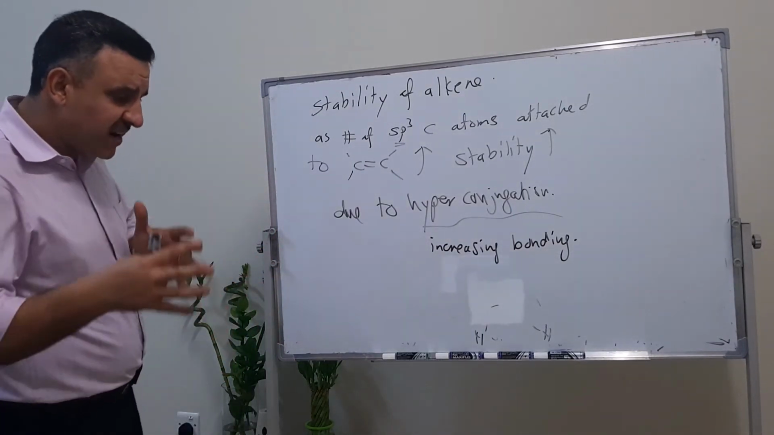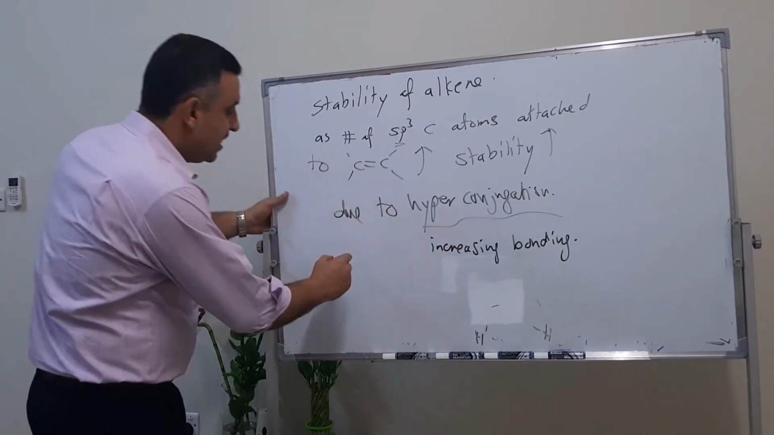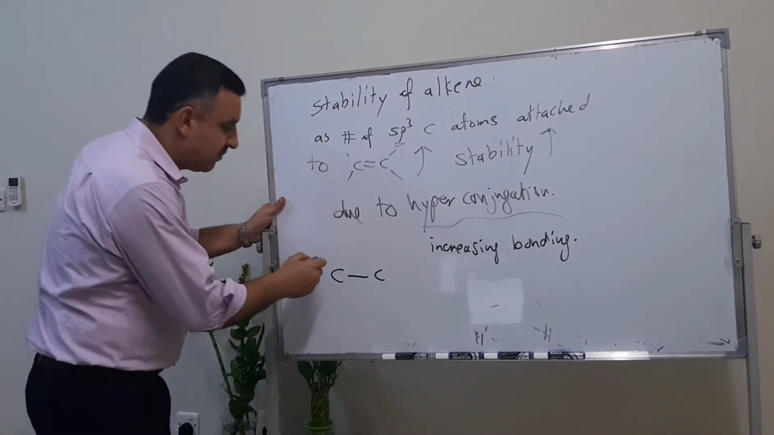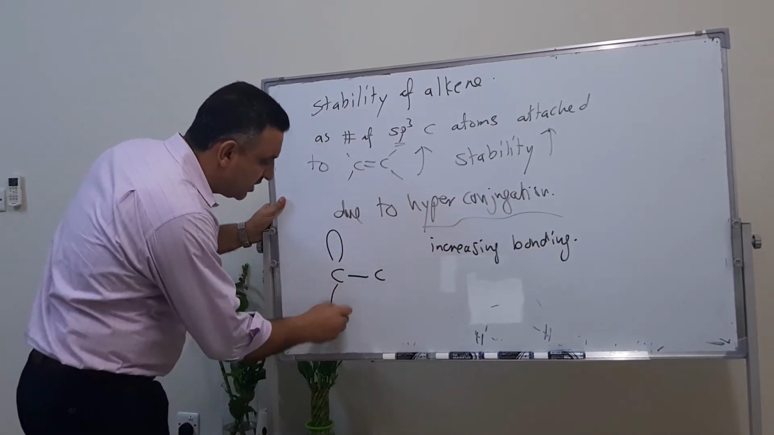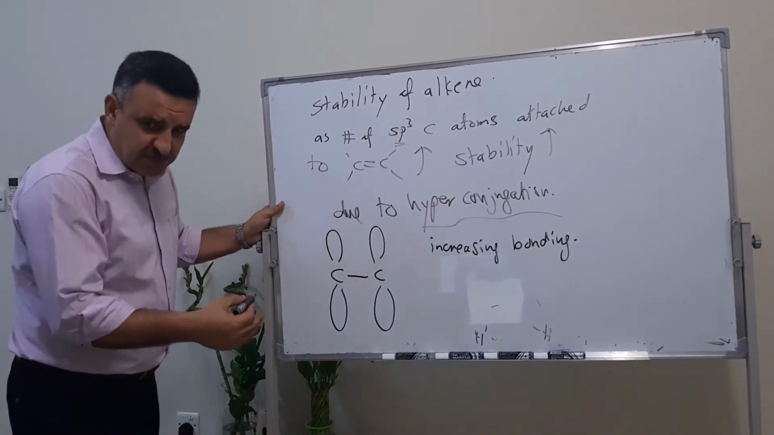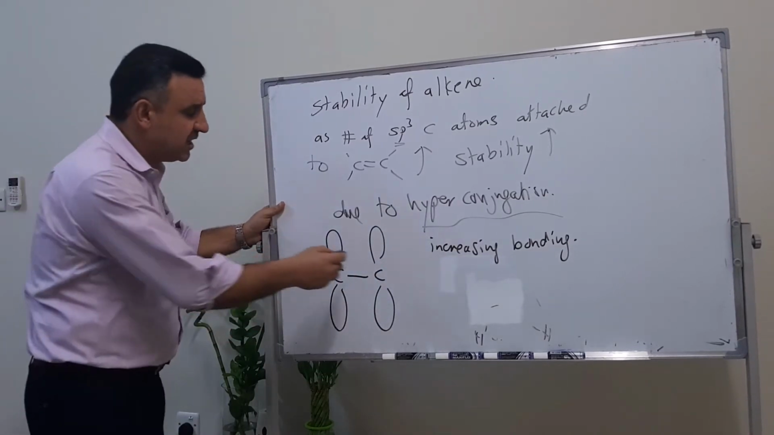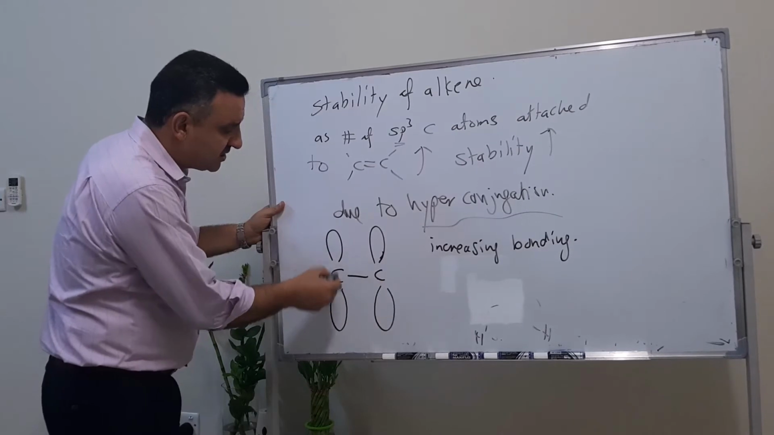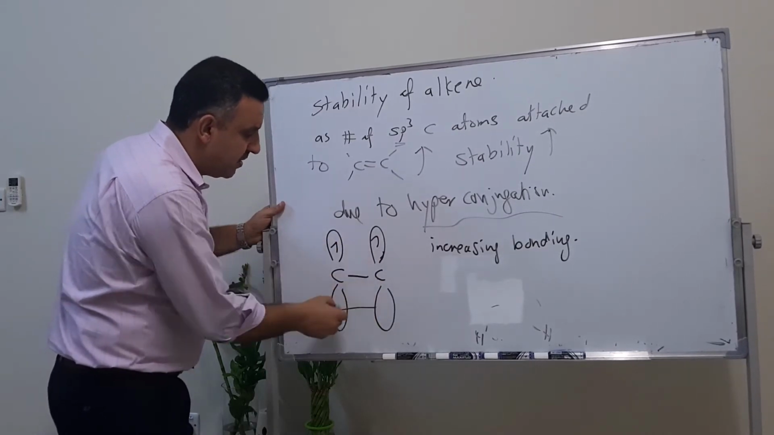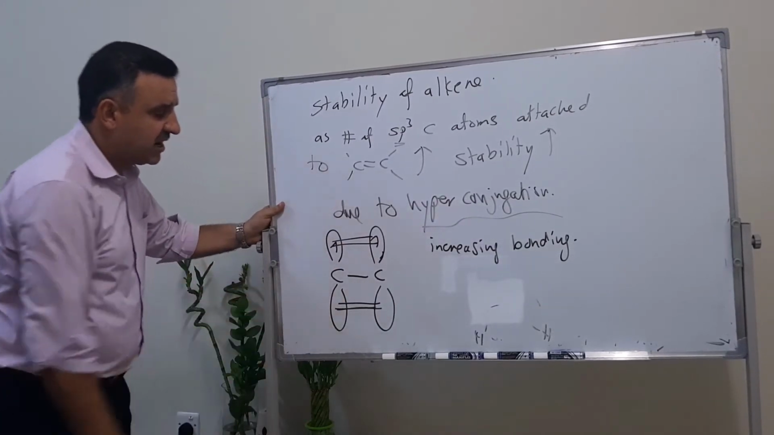How the presence of a carbon near a carbon double bond carbon system will increase the number of bonding. Simply, let's rethink of the carbon double bond carbon system. If we have carbon double bond carbon, the carbon is sp2 hybridized, and if you remember the bonding in the alkene, on each carbon there is a p orbital, and these p orbitals are parallel to each other, and